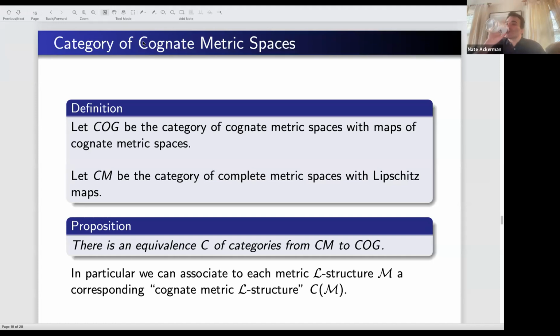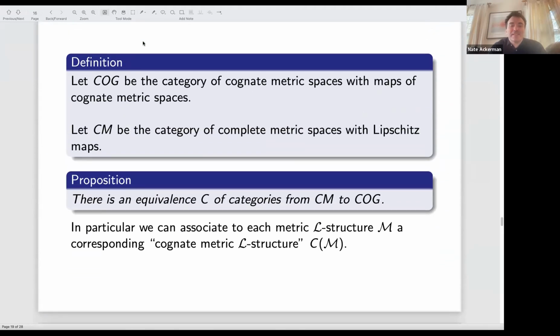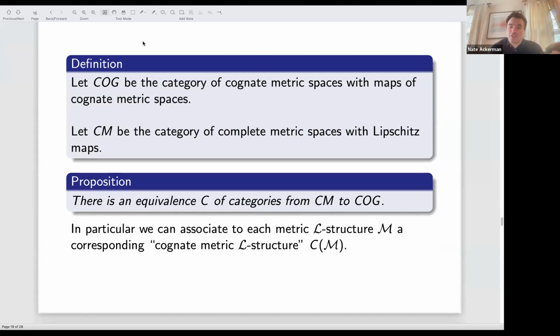So in some sense, these are the same objects. They're cryptomorphic. These are two different ways of capturing the same concept. Okay. So in particular, for every metric space, we can associate a cognate metric L structure, where basically the idea is a metric L structure consists of a metric space along with a collection of maps between arities, so M to the 5 to M to the 1,